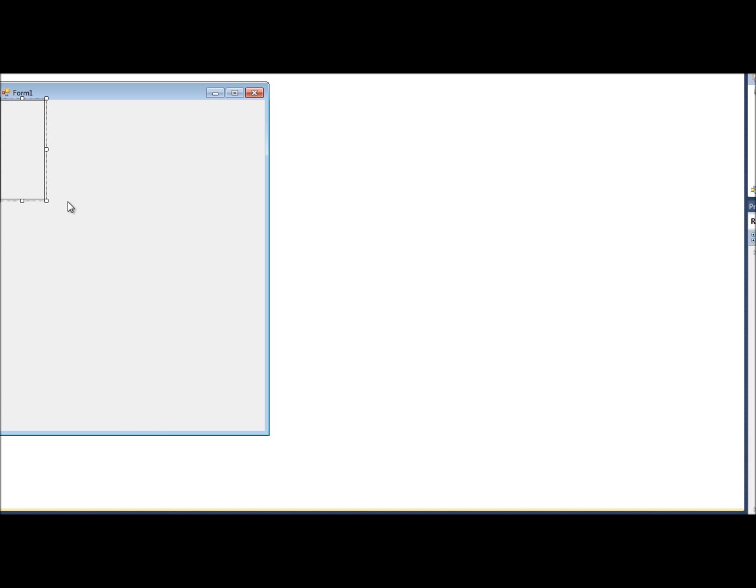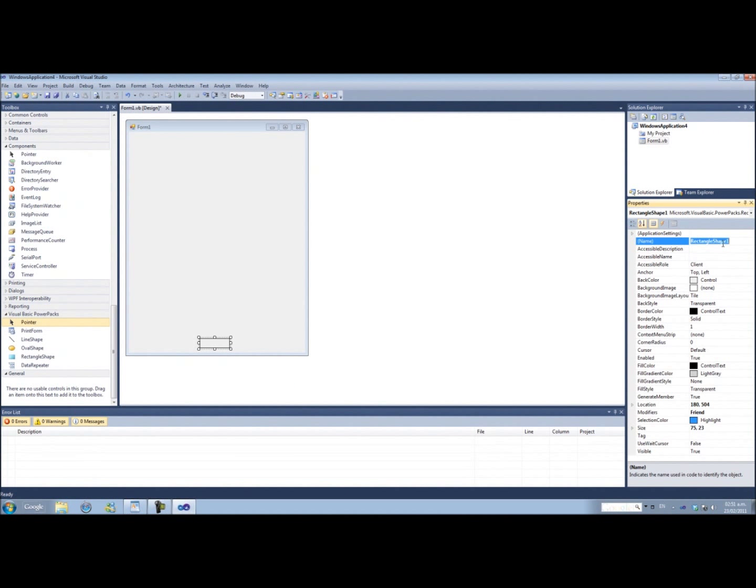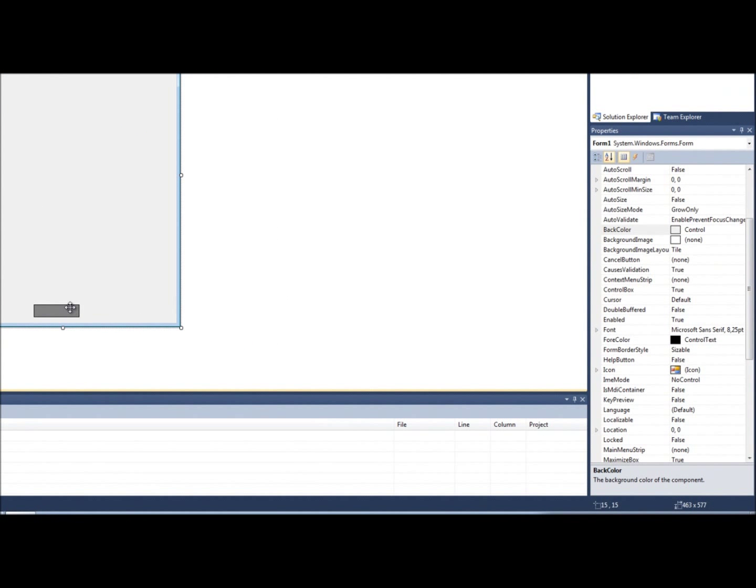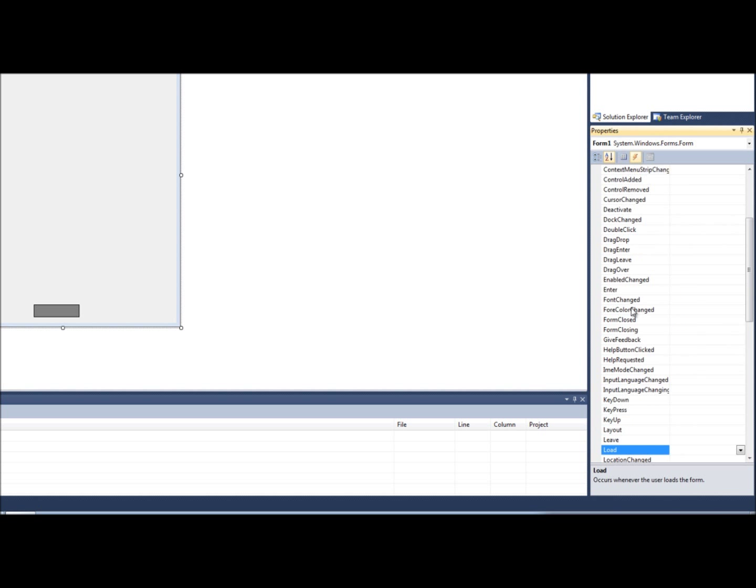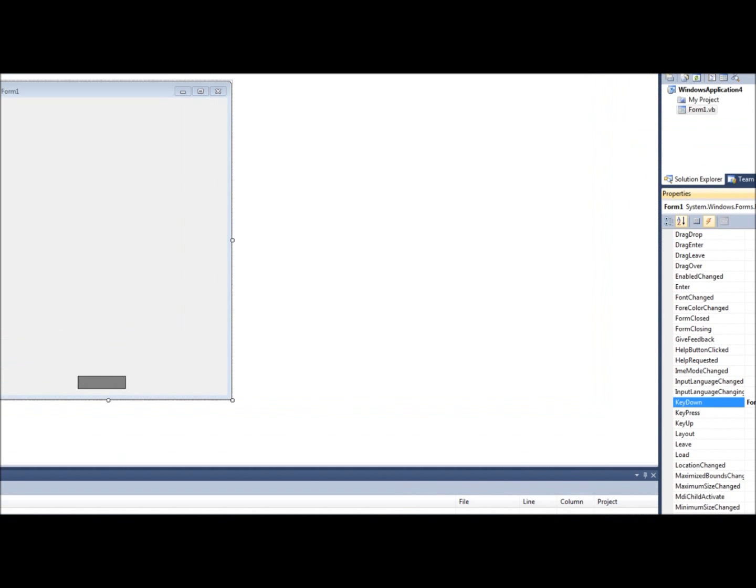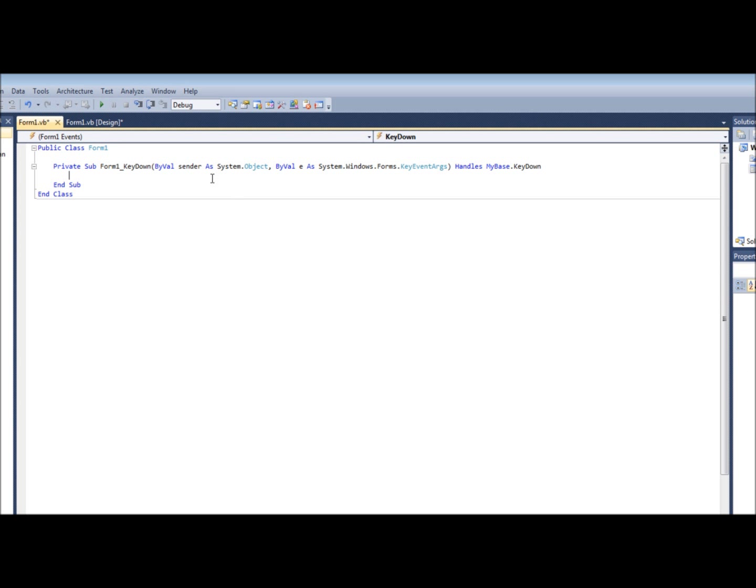We move the rectangle shape down here and rename it path. We change the colors, make it a little bigger, and now we have our path. Now we need to make it move, so we right click on the form, click on the events tab, search for key down, we double click here and we type in